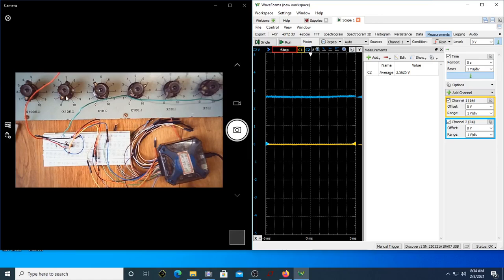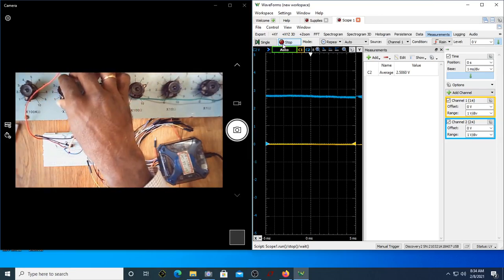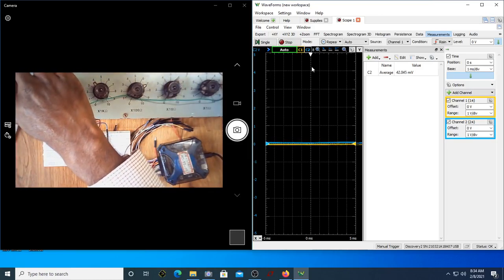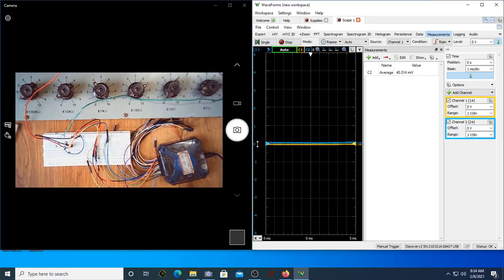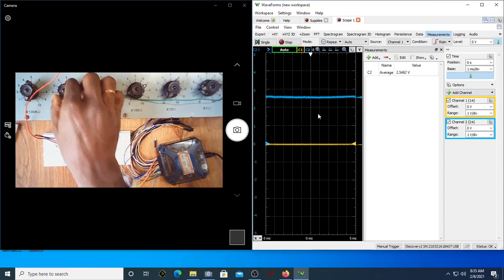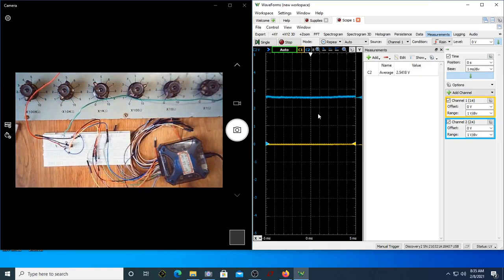You cannot keep these values randomly as 10k, 100k. Suppose if I keep this at 10k, you can see what happens. Suppose by mistake, if it is something like this, you can see the voltages are so less because too much current is flowing, and it is dropping across resistors. Most of the voltage is dropping across resistors, so you're not getting any voltage swing for your output voltage to operate. That's why you should always have a range of the value of R2.